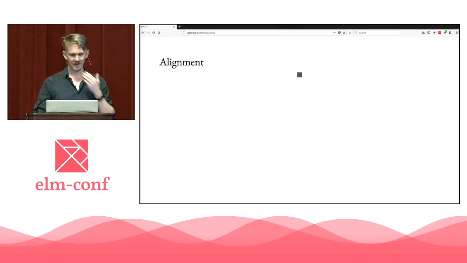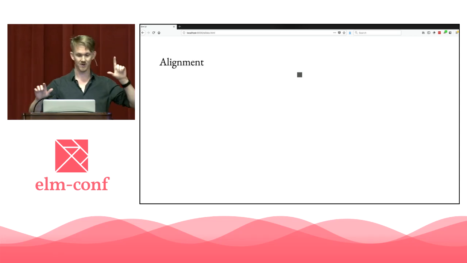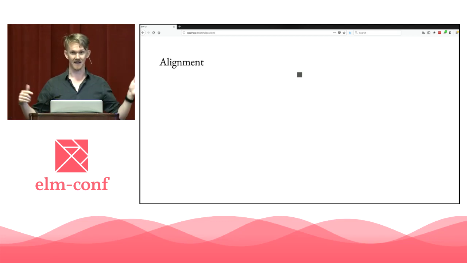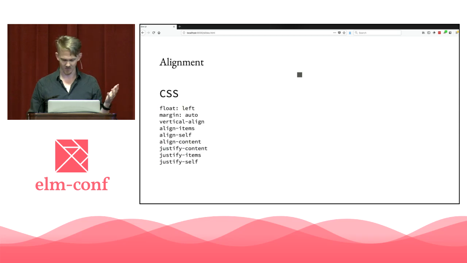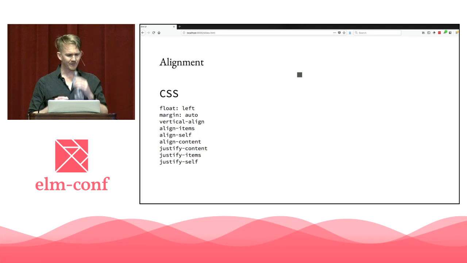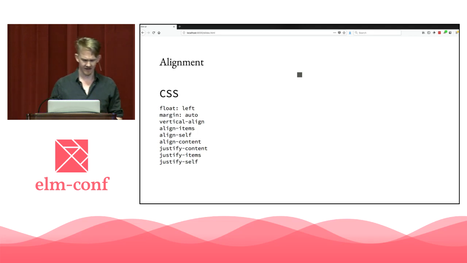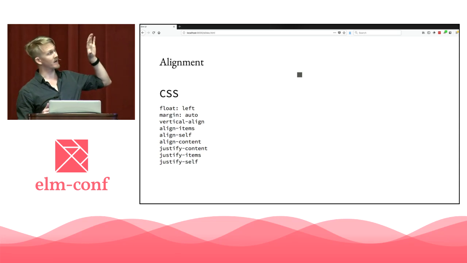So what's the story around alignment? We have this square. We just have a square, and we want to align it to the left. How do we do that? In CSS, we could look at any of these properties. What's interesting is only one of them actually has the word left in it. But more importantly, I think, if you look at each one of these properties,